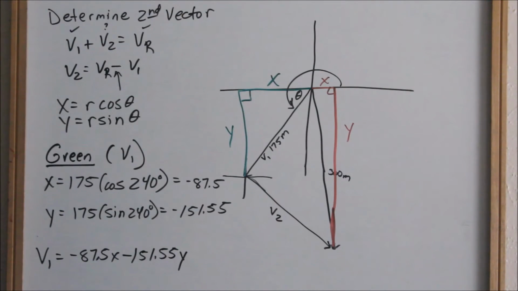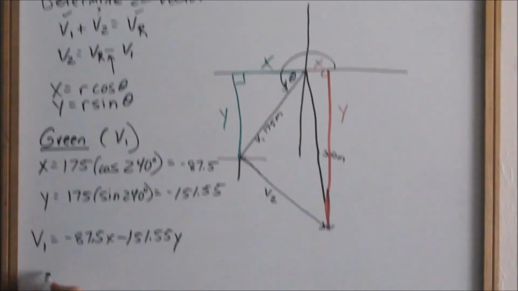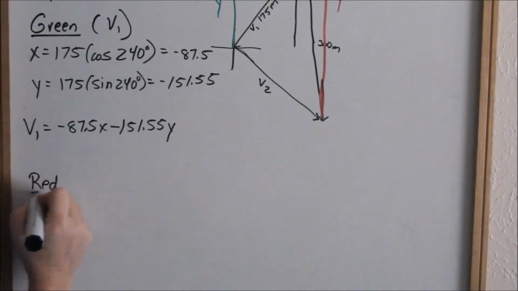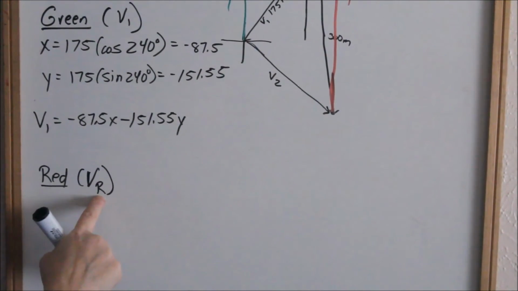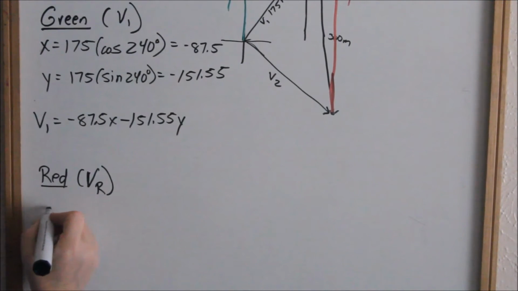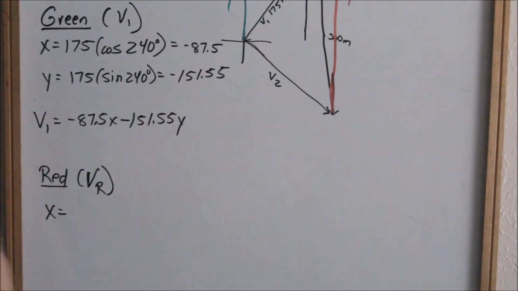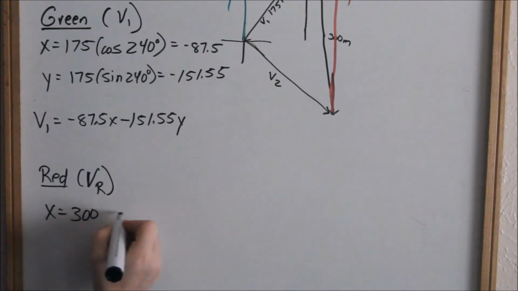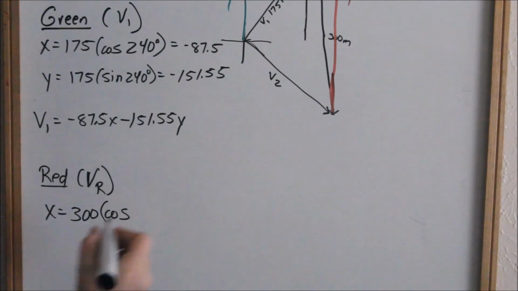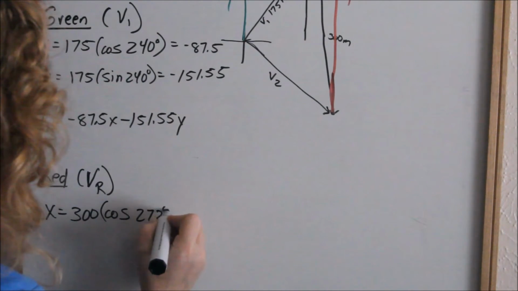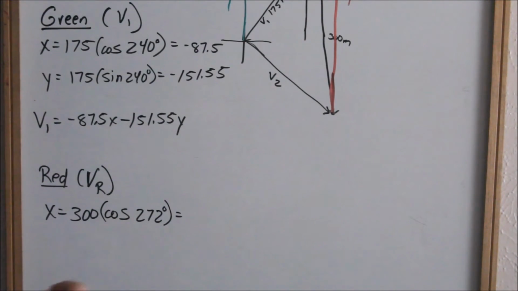Okay, so now let's do the resultant, which is the red triangle. So this is my resultant vector, r for resultant. So x is going to be my resultant vector, 300 meters long, times cosine of that angle, which was 272. I can just use that angle straight because my calculator will already tell me if that's positive or negative. This one should be a positive value because that matches my graph. So that comes out to